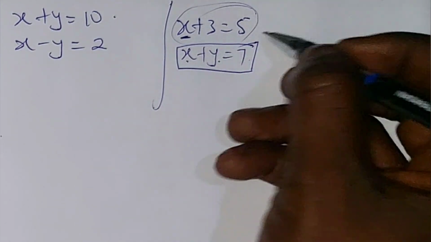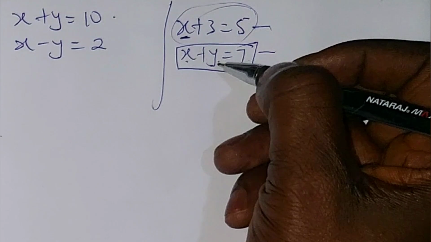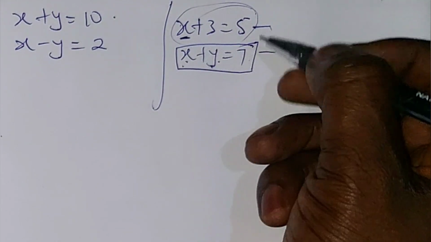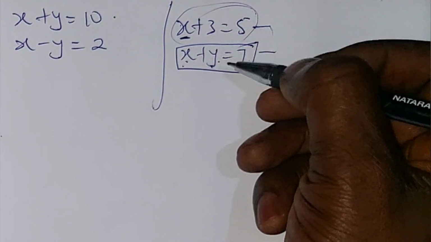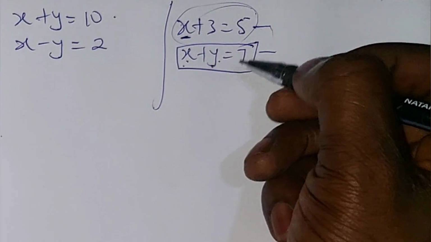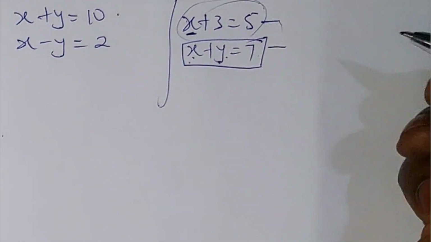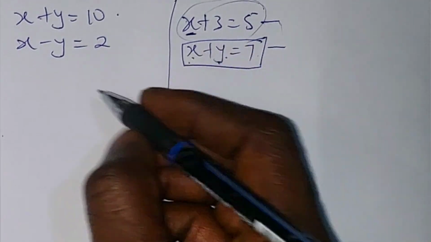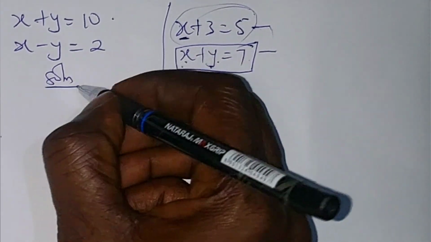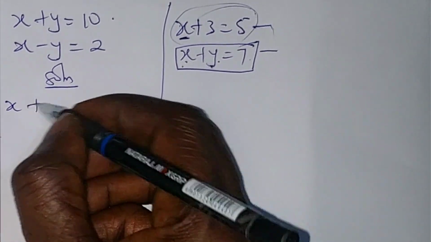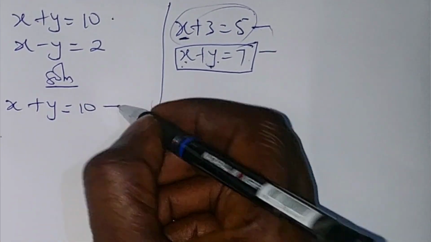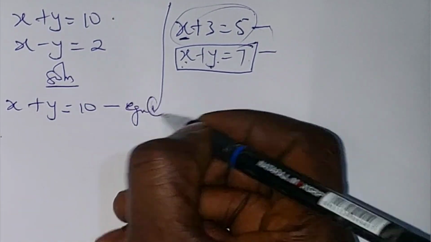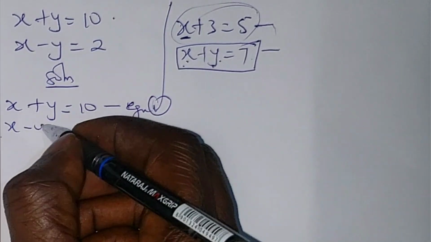It's not possible. You need two equations to solve for two different variables, and they must be related, and they have to fit into each other at the same time. That's why we call them simultaneous equations. All right, so let's see how we're going to solve this question. First we write solution. Now let's label each equation: let's call this one equation 1,